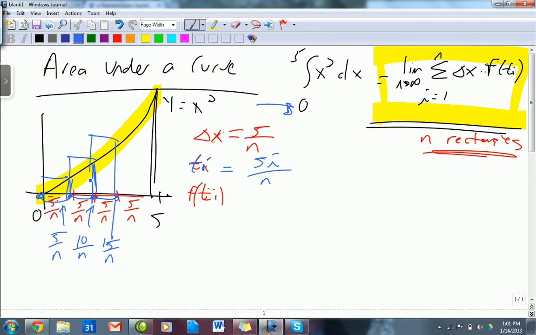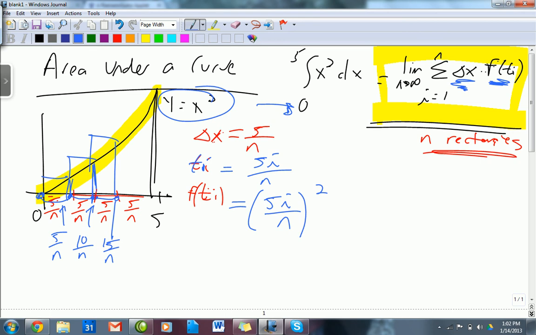15 over n gets squared, that's my height. So all my heights are going to be each tag, the ith tag, plugged into a function, which is the square function. So the height of the ith rectangle is the quantity 5i over n squared. Okay. Now I can plug values in. So instead of delta x in here, I can replace that with 5 over n. Instead of f of t sub i, the heights, I can replace it with 5i over n,